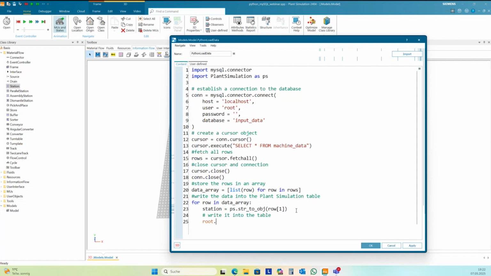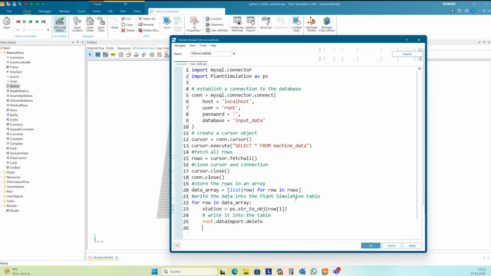Root is the same as in SimTalk. In Plant Simulation, it's the root frame. Data import is my table. And then come the SimTalk commands. Delete all the old contents from the data import table.